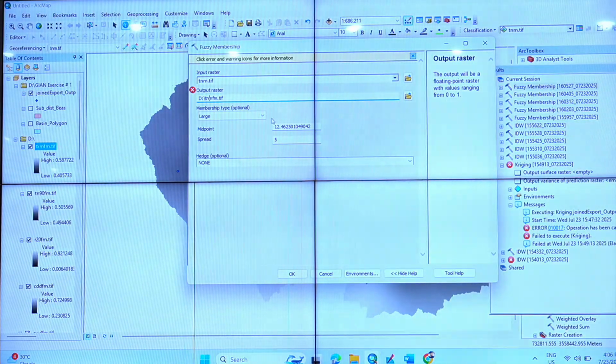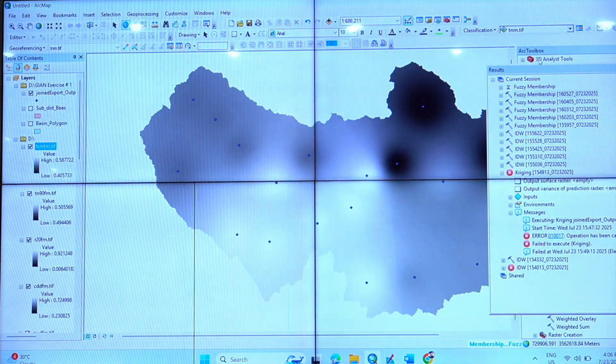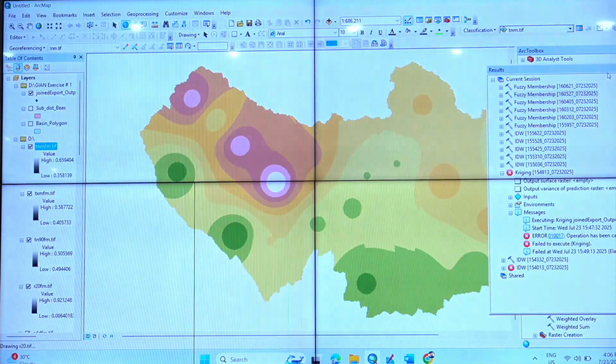It will play a minor role, so it will be small. Right? Okay, we have done all 5 layers.